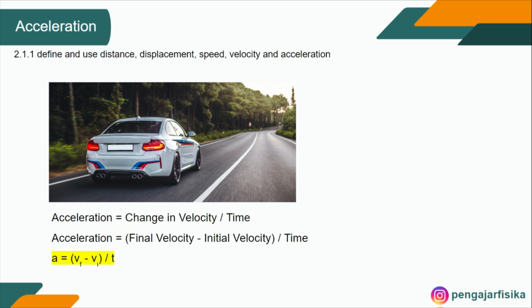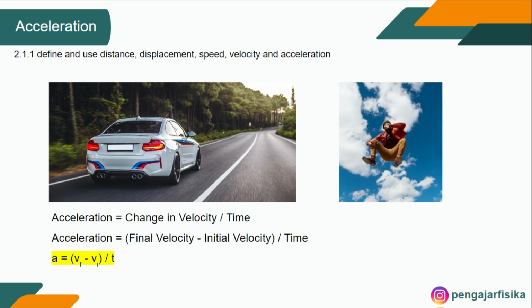The formula to find acceleration is acceleration equals change in velocity over time, and then acceleration equals final velocity minus initial velocity over time, or in symbols, a = (Vf - Vi) / t. It is important to note that in free fall, the acceleration due to gravity from Earth is approximately 9.81 meters